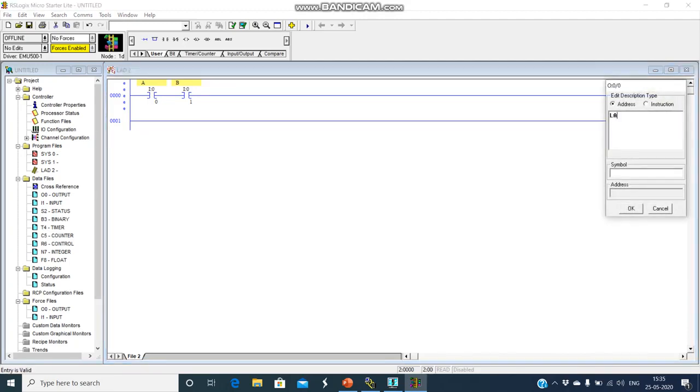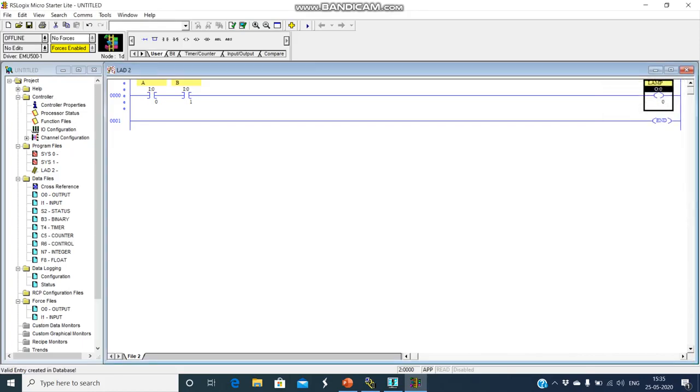You can keep it as lamp, or consider any output device and give it any kind of name. Once we have done this, you can see A, B and lamp.